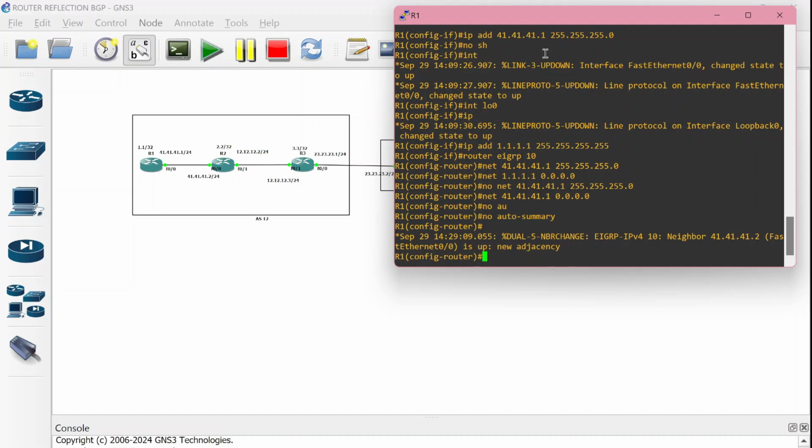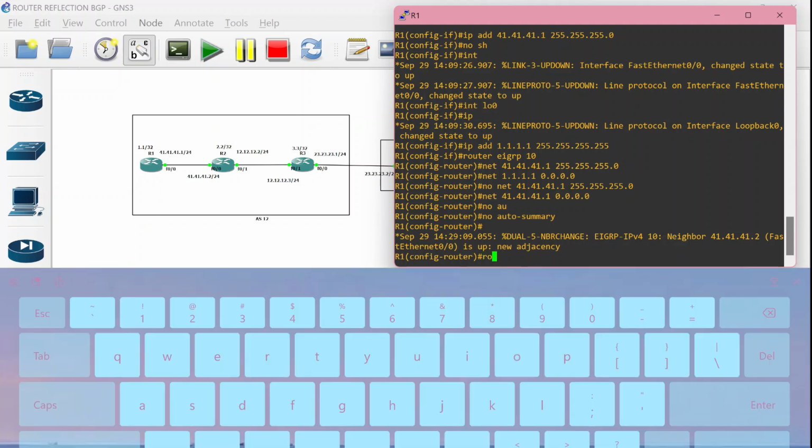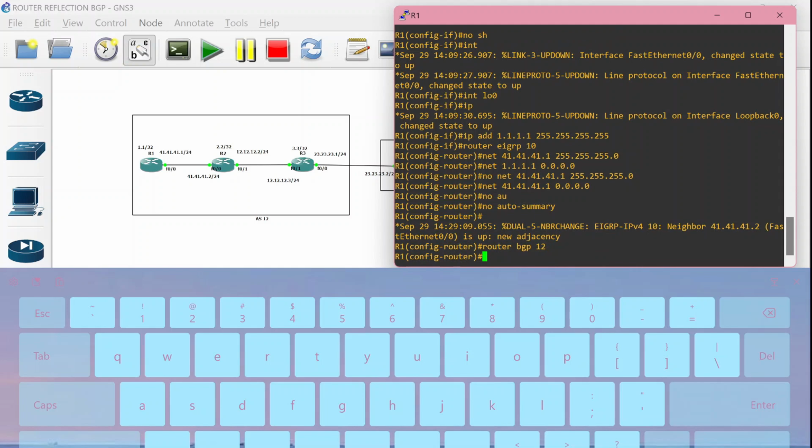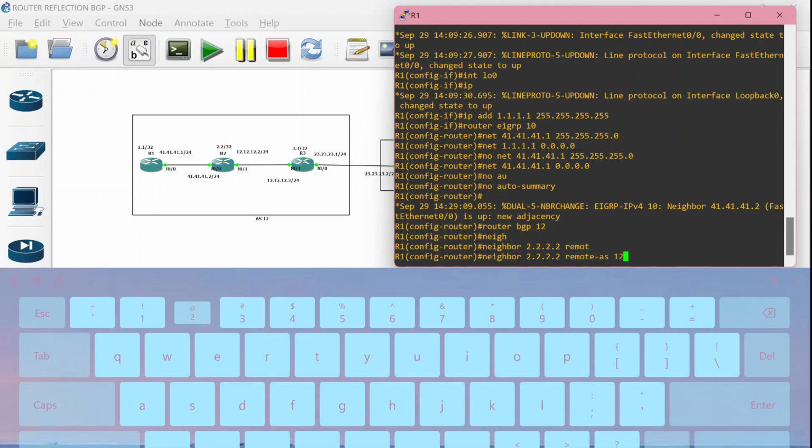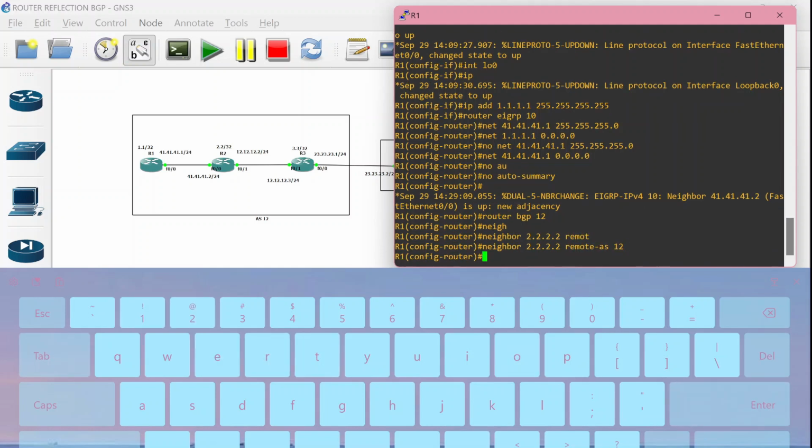Here it is important, don't forget to write router BGP 12. It's up to you, but here I want to use BGP 12.